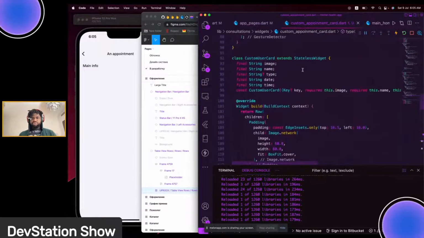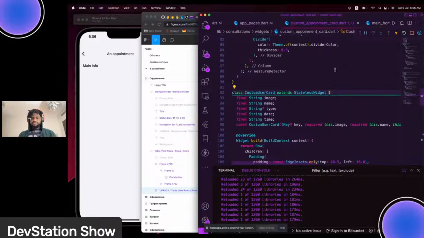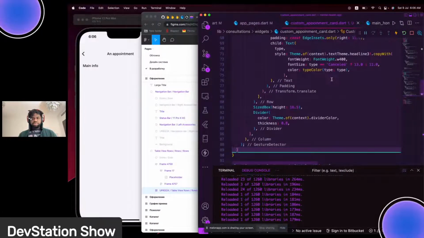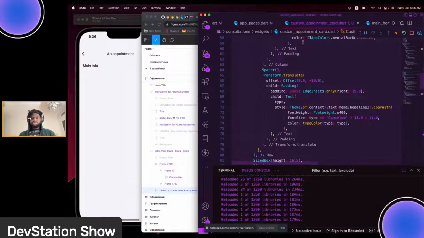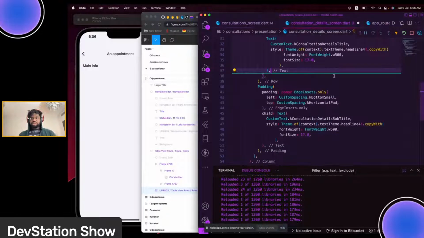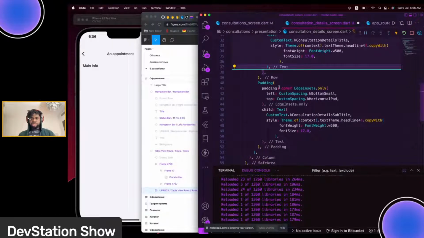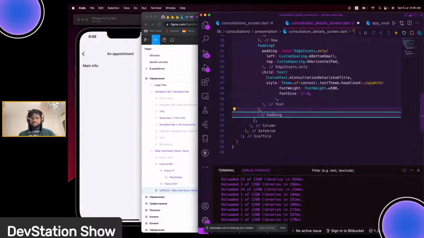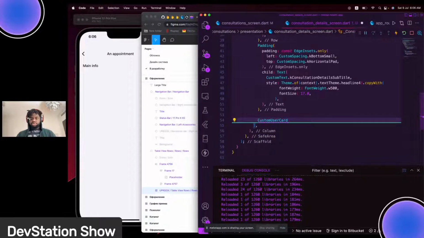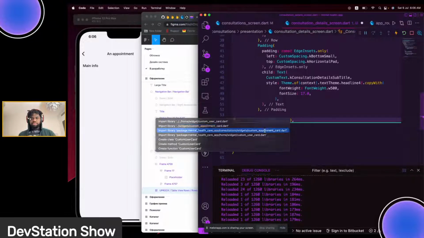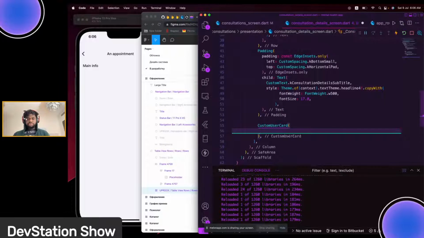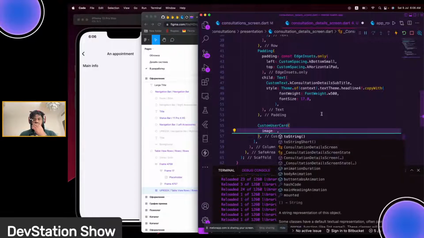And now we could go make use of this somewhere else. So let's try first using it here, and then we can change it in other places. Right here in our details page, since we need that to show under this text, so under here we use the custom widget we created. Go ahead and import it and start changing stuff. First of all, it needs a name, it needs an image, and